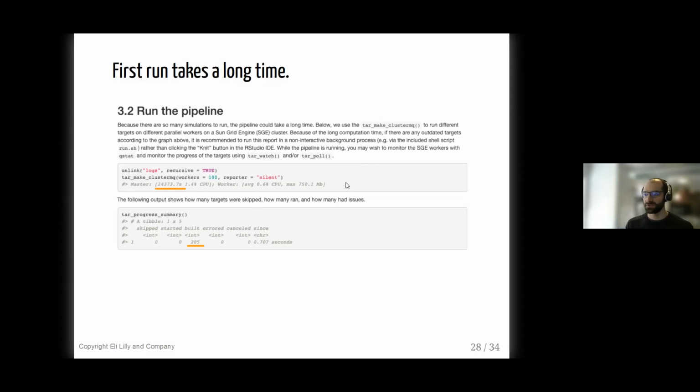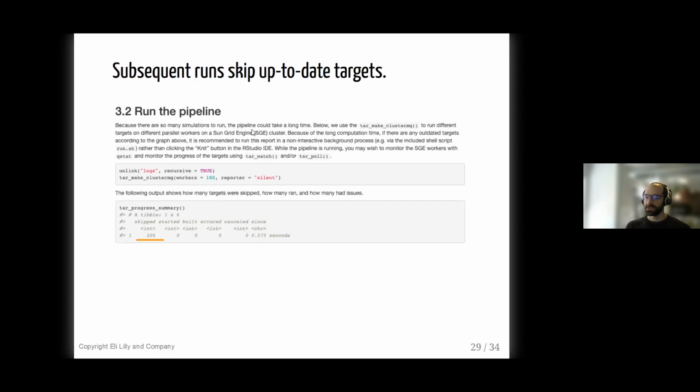Are they running right now, or are they skipped? And tar_watch is actually a Shiny app that does this. It'll show you the graph if you want it. It'll show you various summaries of progress in terms of which targets are running, which are skipped, and which have already been built.